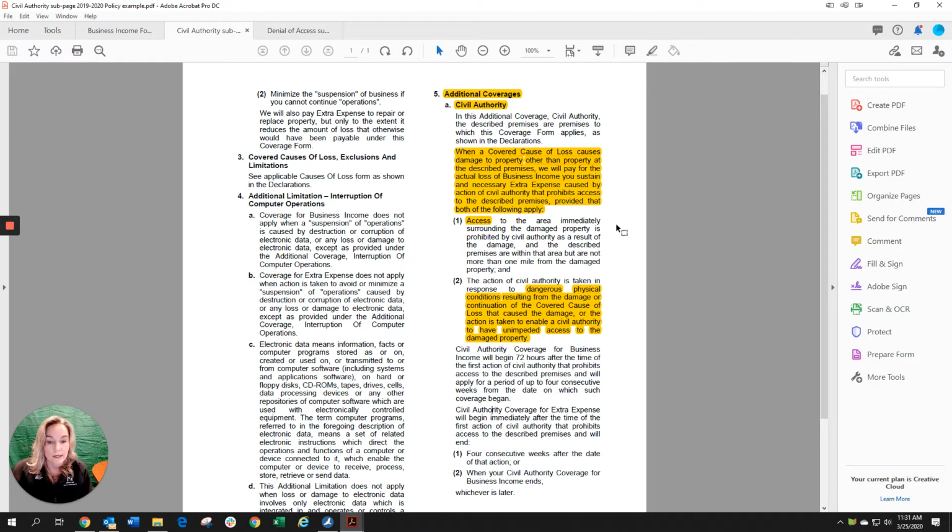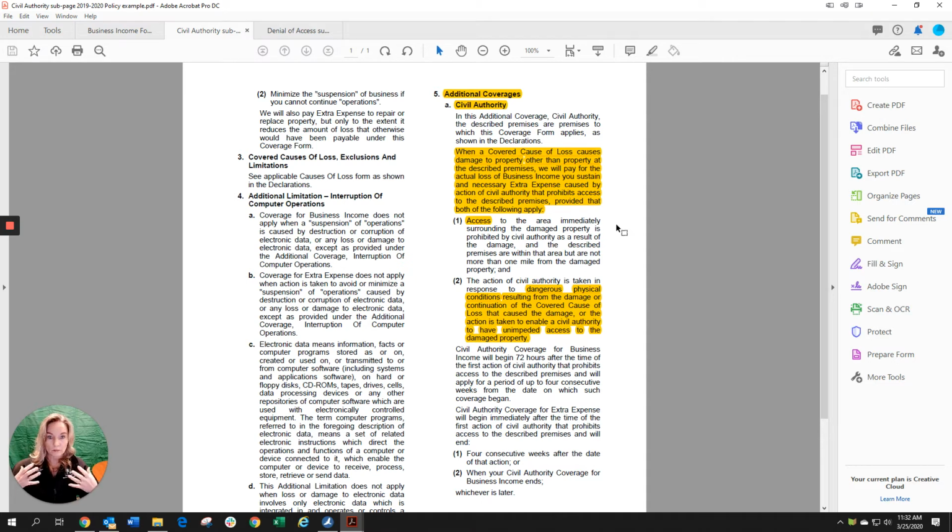You'll notice two lines down, it says 72 hours. So again, it's extremely important to take a look at what your waiting period is if you are a business that gets income on a day-to-day basis. A doctor's office may not, but a restaurant, retail store, any place where customers buy every day, that would potentially be a very significant loss you were not anticipating paying in the first 72 hours.